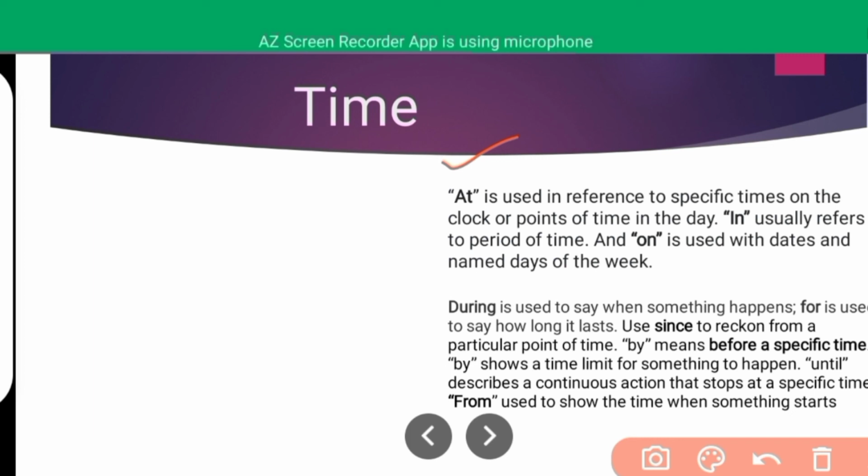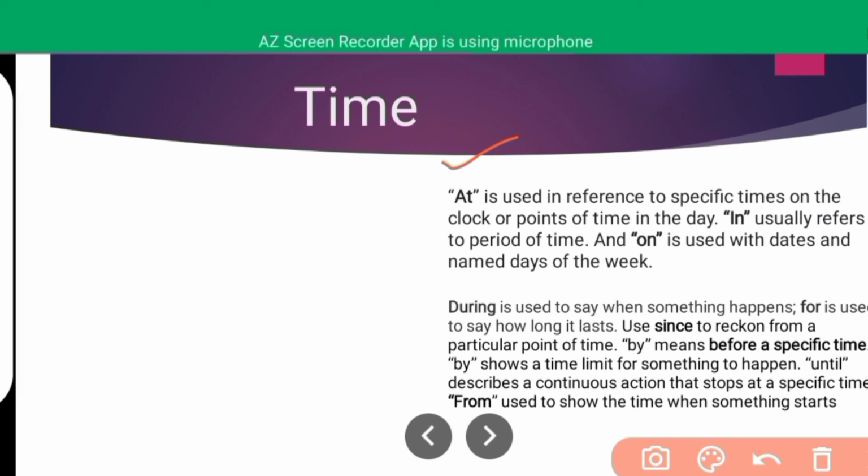At कब यूज़ होता है? जब हमने कोई स्पेसिफिक पॉइंट ऑफ टाइम बताना होता है या फिर डे का कोई स्पेसिफिक टाइम बताना होता है, तो तब हम यूज़ करते हैं at. For example, if I say that it's cold at night,